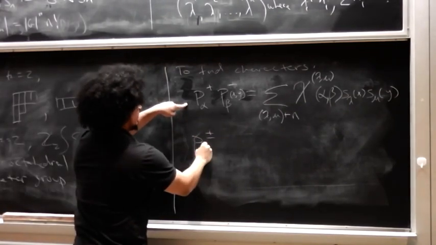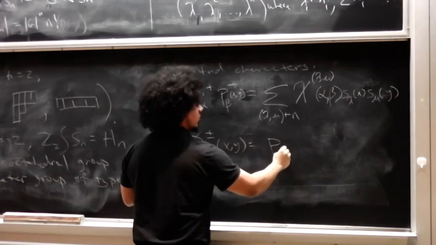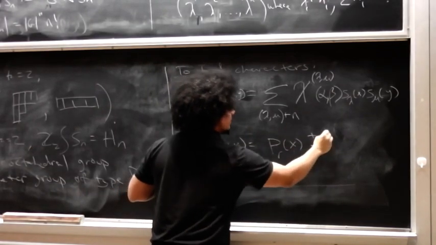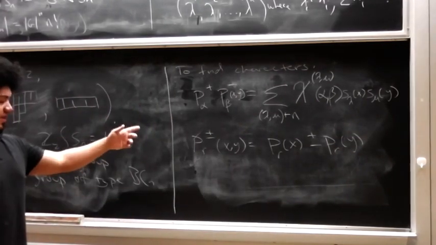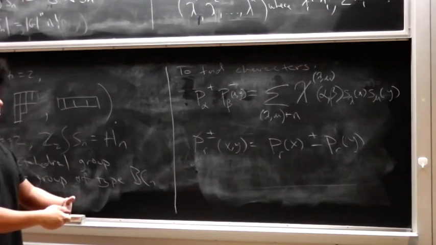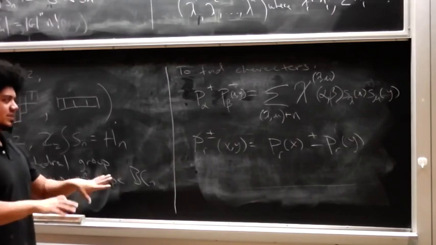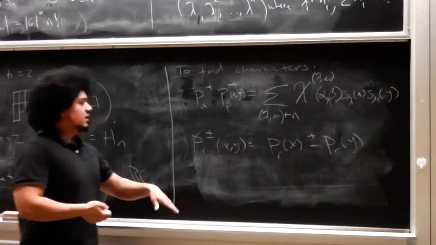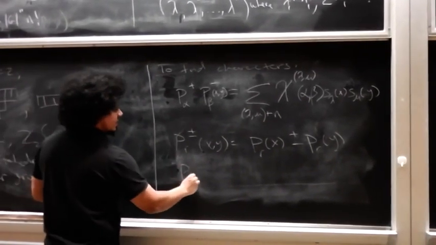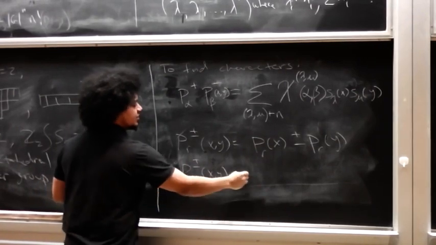P plus-minus of r of x, y is just the old p_r of x plus or minus the old p_r of y, where the variables are x1 through xn and y1 through yn. And the action of the symmetric group is whatever you do to the x's, you also do to the y's. And then p lambda of plus or minus x, y is just